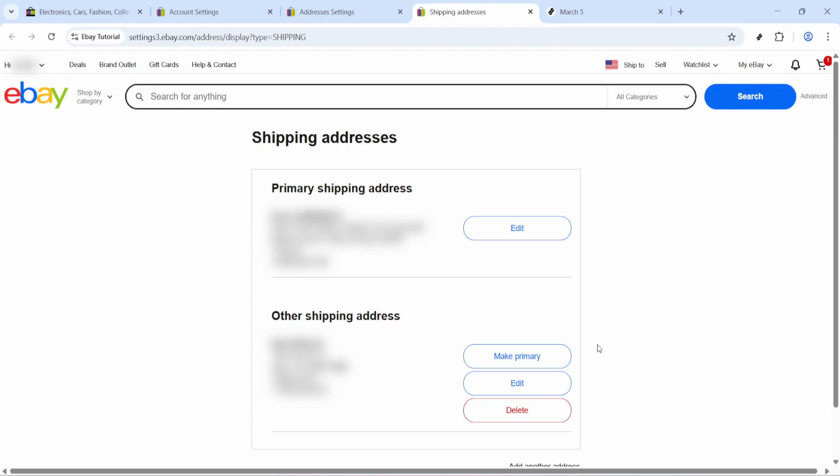If you don't see a delete button for an address, it might be set as your default shipping address. In that case, add or select a different address first and set that one as your default. After you've changed the default, return to the address you wanted to remove, choose Edit again, and the delete option